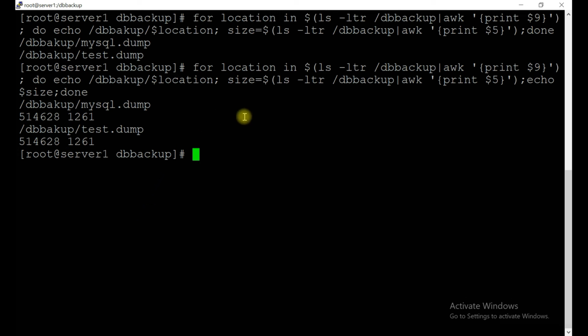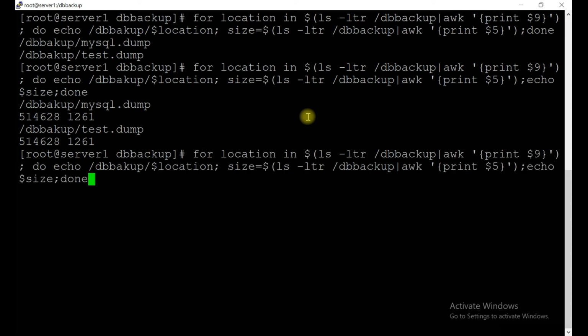So instead of getting it 2 times, what we can do, the database location is fixed. Okay, and hyphen value of location, because first time it will take MySQL.